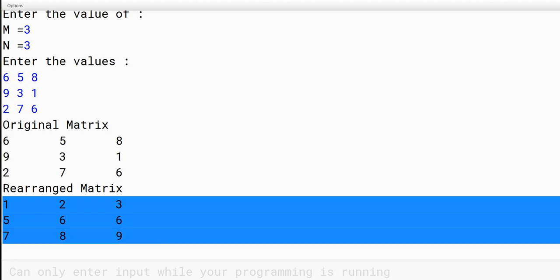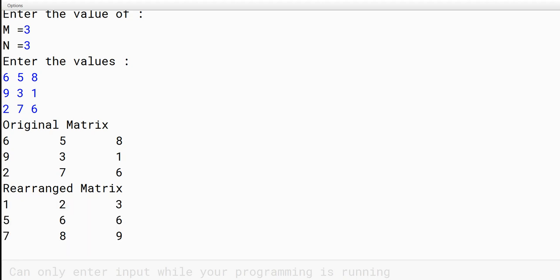So this is how you are going to solve it if a matrix problem is given, if they ask you to sort the matrix in ascending or descending order. Please follow this method, so that it will be helpful for you to solve any type of sorting problem.